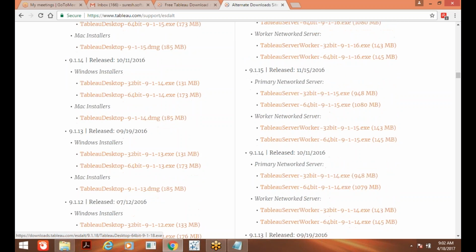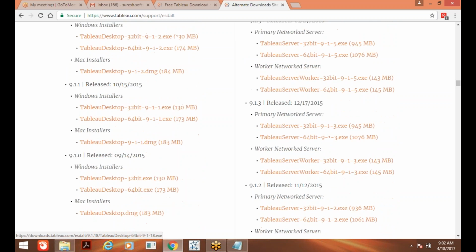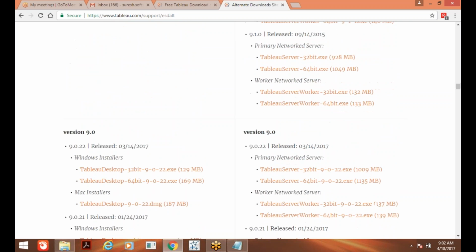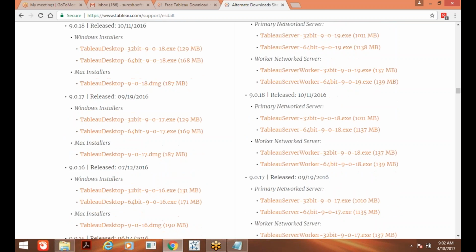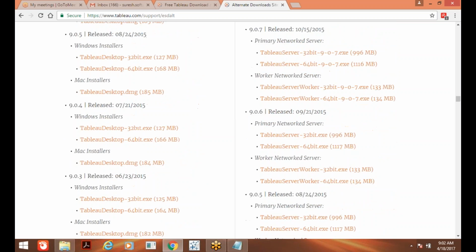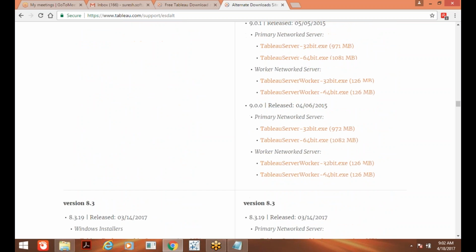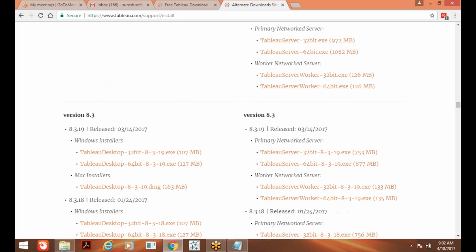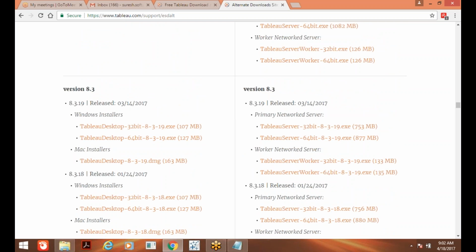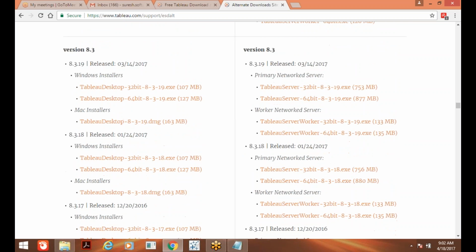So 9.1 or 9.0. Yes, 8.3. So you can download this one also.